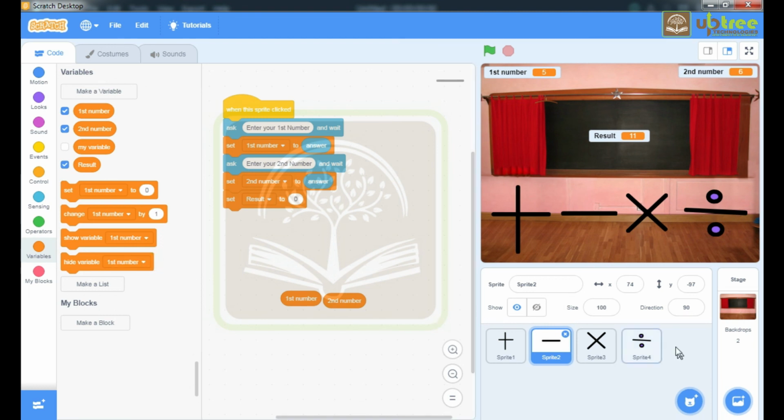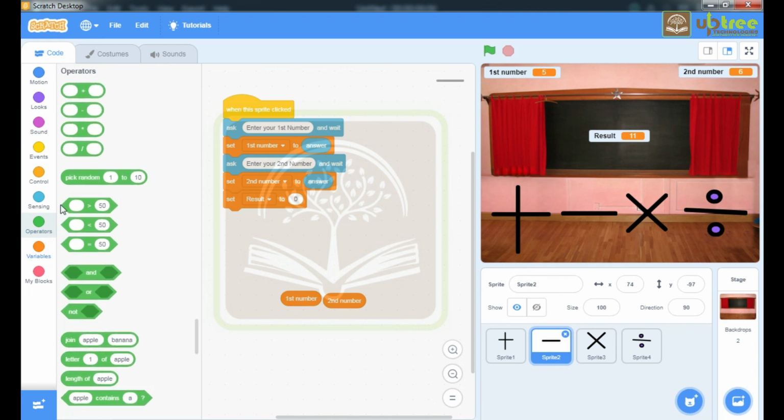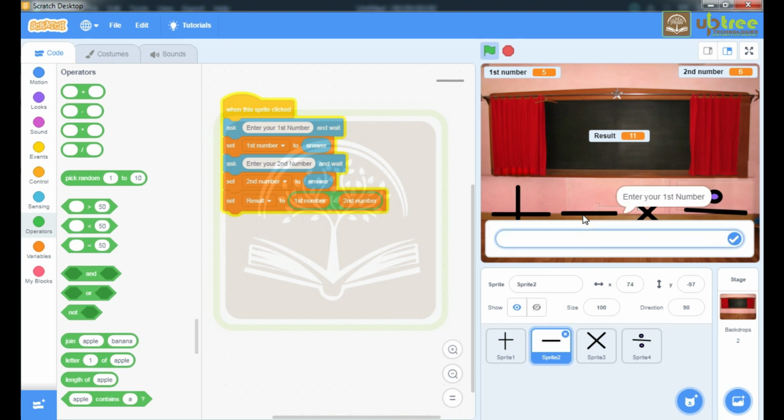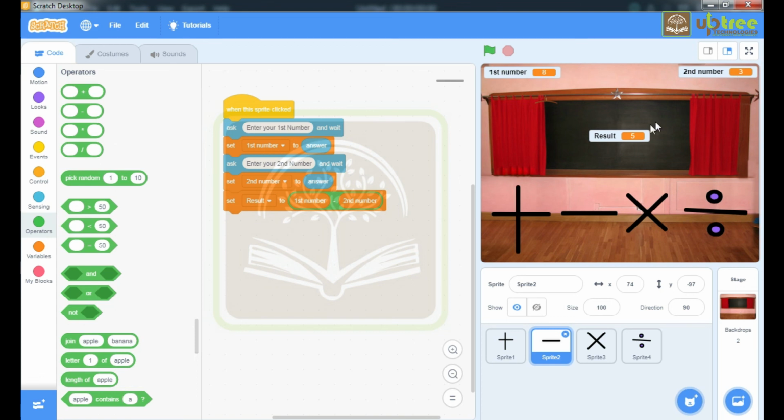Since it is a minus operation, we will take the minus operator here. We'll put first number, then second number. The rest of the things will be the same. Minus operation. I am putting 8. Enter your second number. I am putting 3. So 8 minus 3 is equal to 5.